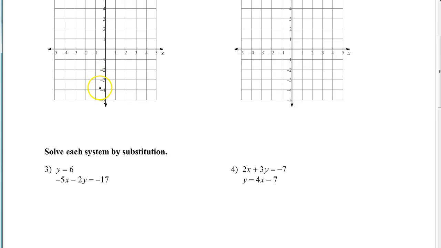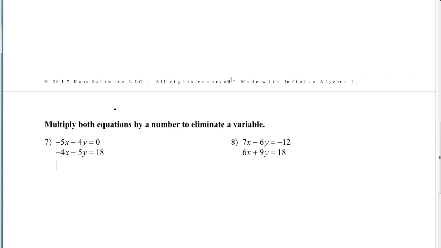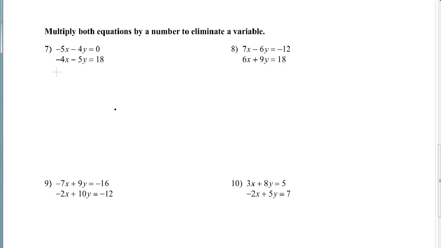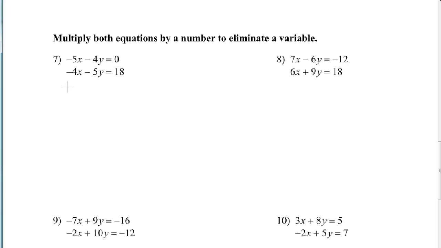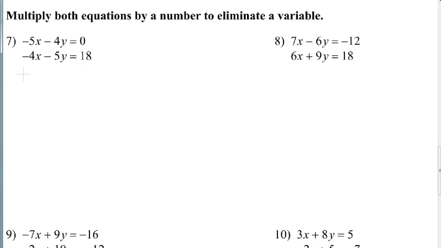Go through and do the review on your own. We've been doing that for the past 2 weeks, really. And on the back, you'll see it's a little bit new, and the directions are very explicit here. So it says multiply both equations. So that's the only thing different here is that if you multiply, let's say,